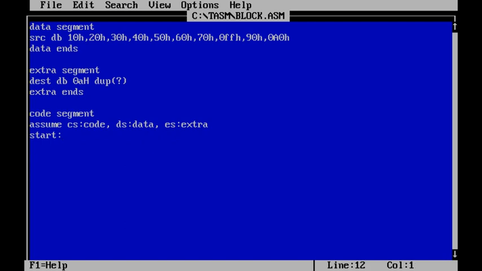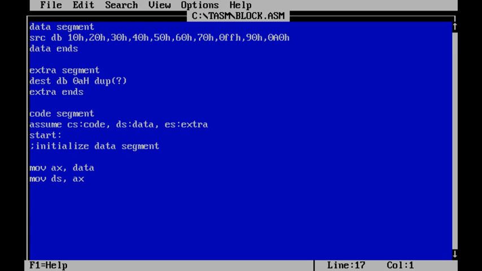Initialize your data segment, as whatever elements I have taken need to be initialized. This can be done by using 2 instructions: move data address to AX and move AX contents to the data segment. Initialization is done. Now I need to load the starting address of source into the